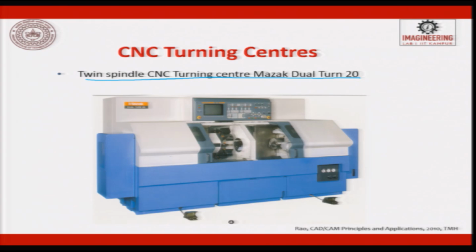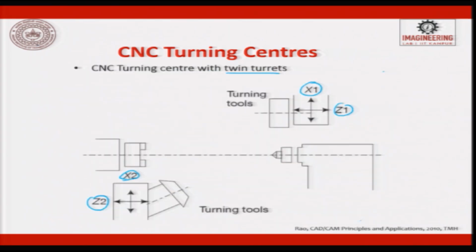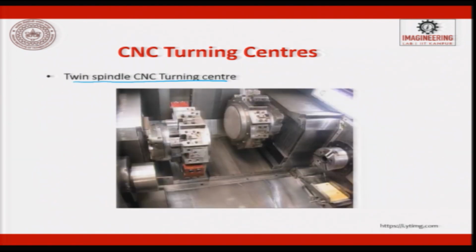You have multi-spindle automats today. So, you will have 6 spindles. These are basically SPM machines. You would have never even thought about 2 spindles. Look at it, 2 spindles. This is twin turret. So, this is 2 spindles.